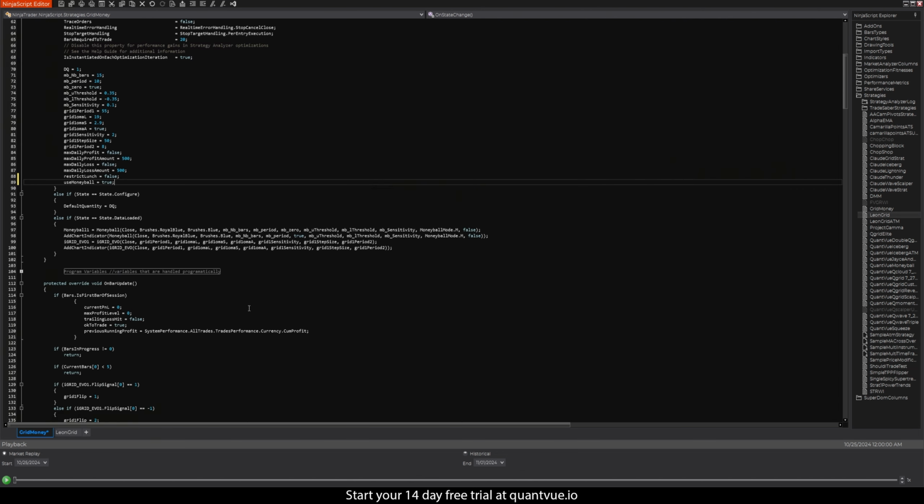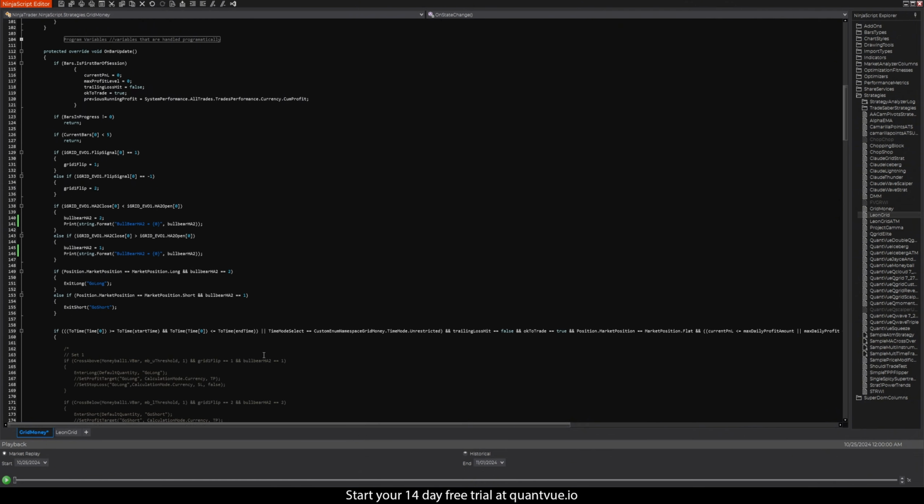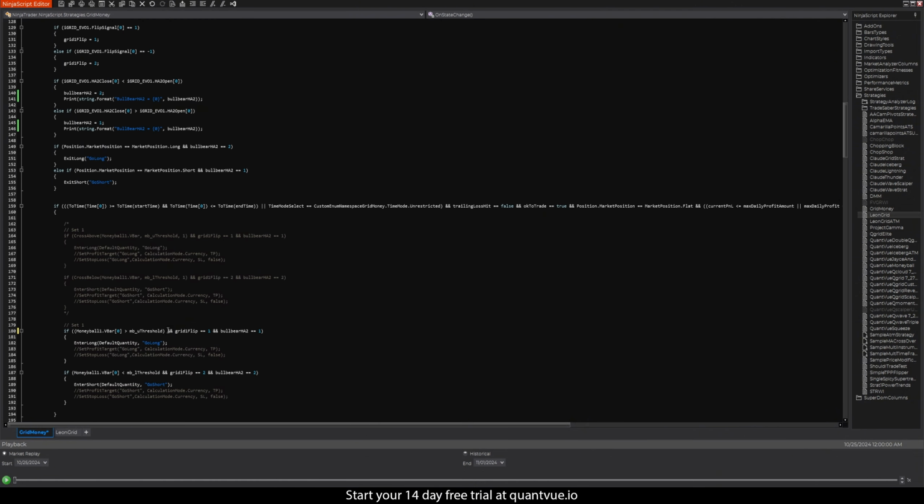So whenever you open up just a plain strategy that hasn't been edited before, like you download it from GitHub and you compile it and you open it up for the first time, it's going to say that Moneyball setting is true. All right. So we're going to go back down here and we want either the Moneyball,